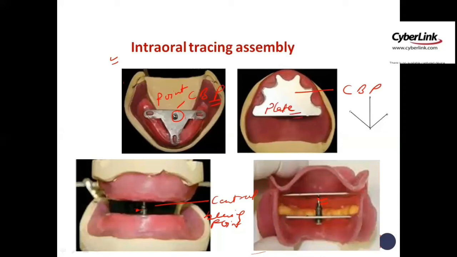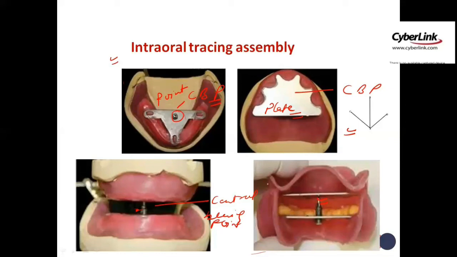Right? Arrow point tracing forms after recording horizontal functional movement. This is like this. A straight line arrow should be formed. Right? This is the general idea. Then in the intraoral tracing assembly, the central bearing device is located intraorally and is simpler compared to the extraoral arrow point tracer. The tracer is placed within the mouth, and the disadvantage of this method is that the tracer is not visible during the procedure, and the size of the tracing is very small, making it difficult to determine the apex of